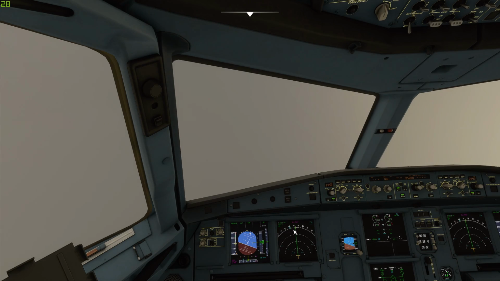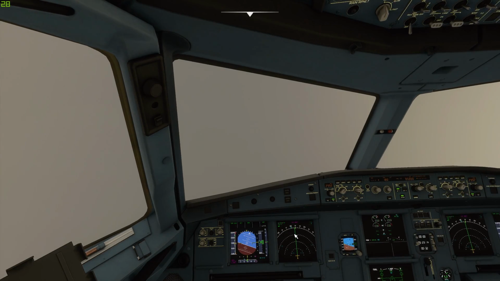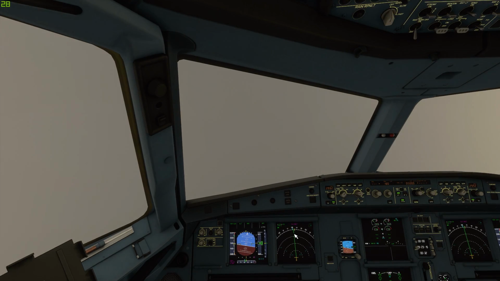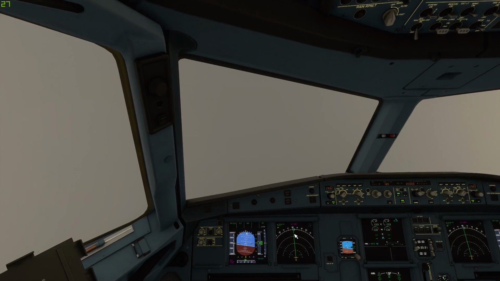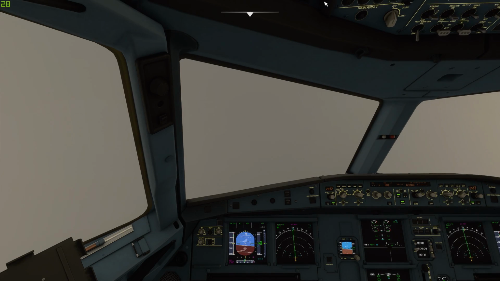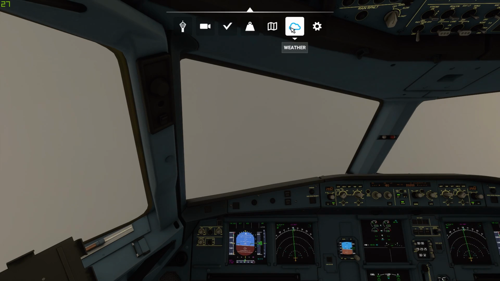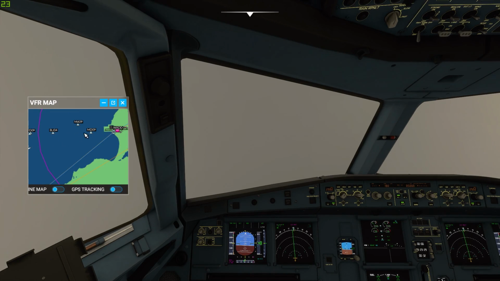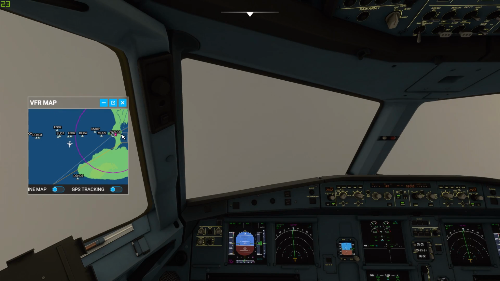So we're going to level off at 180, and at this point in time, once we reach 180, we are actually situated at the crosswind leg of the circuit. So I'm going to open again the VFR map, just so you guys can see where I am. So you can see we took off from 270, now we're on our crosswind leg, and now we close this,